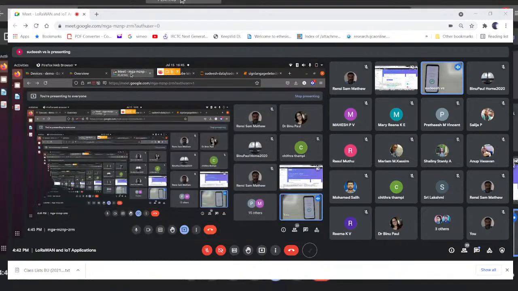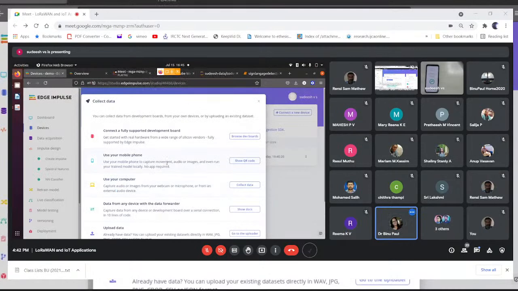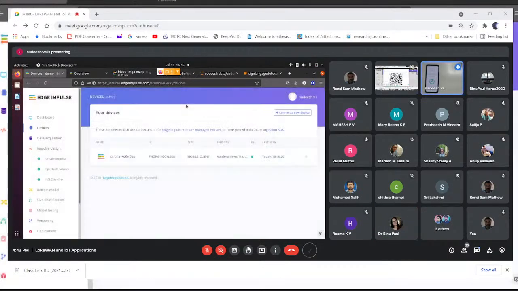Do you see that? Yes, connected. So just after connecting, you see the mobile is connected. In your mobile, there is also a green tick showing it connected to Edge Impulse, with the same ID.